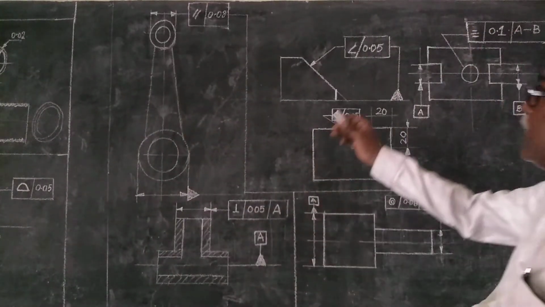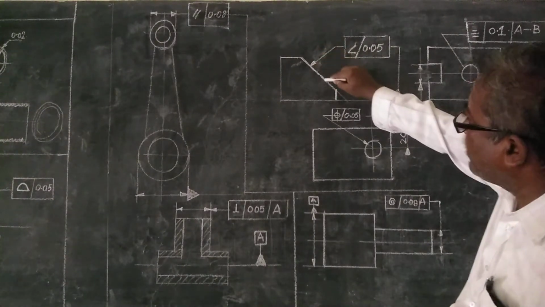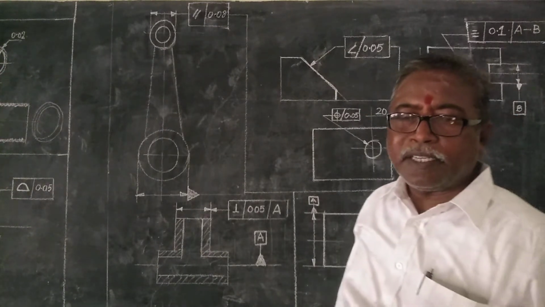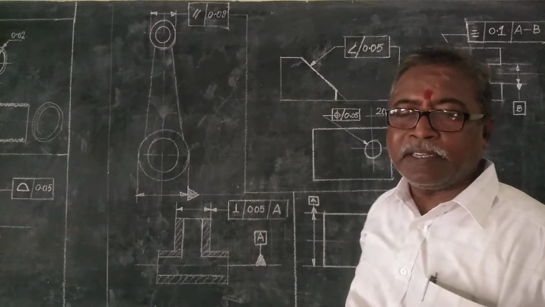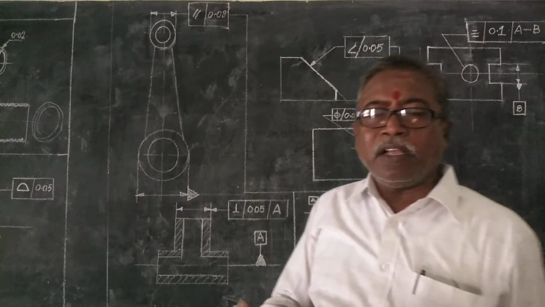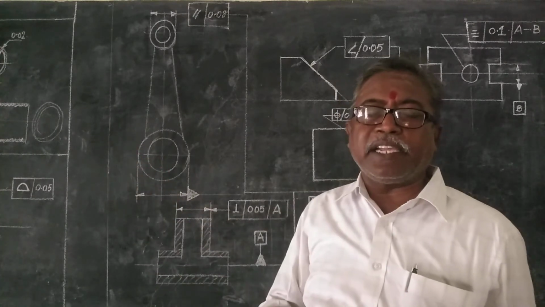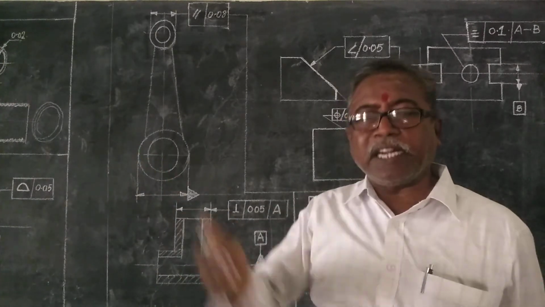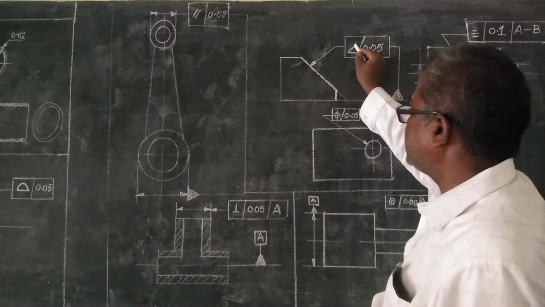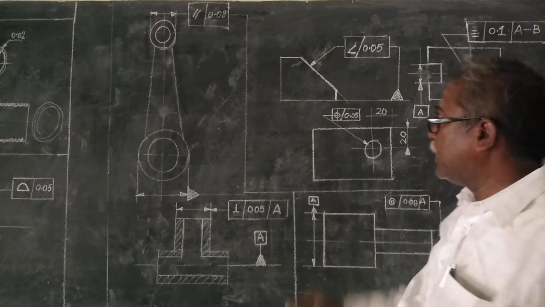Then now you are going to see this one. There is angularity. Angle is given. Yesterday we discussed what is a taper. Taper is gradual decrease. This angle is given. So when the angle surface, not only here in the cylinder, on the cylinder they cut at an angle, on the flat they cut an angle, on the ball they cut an angle, wherever it may be, the angularity surface will be given. The symbol is given like this, is showing acute angle. Okay, this angle is given.